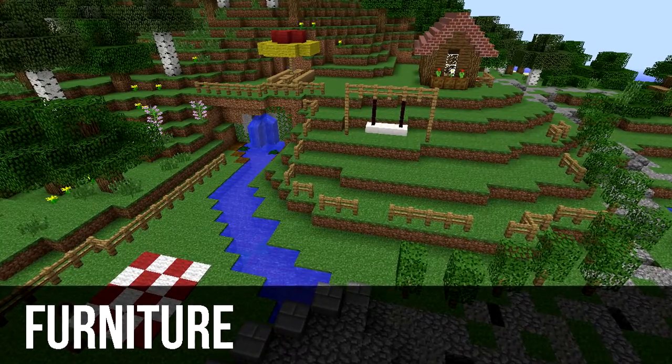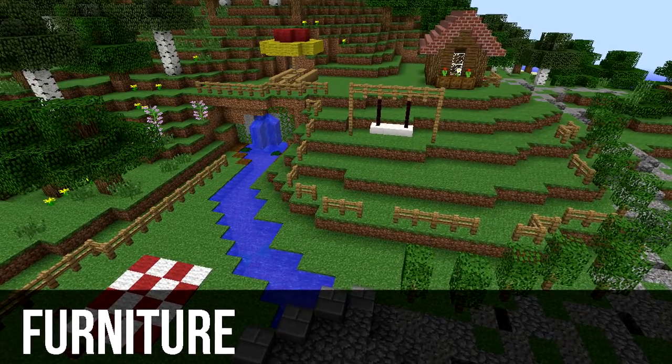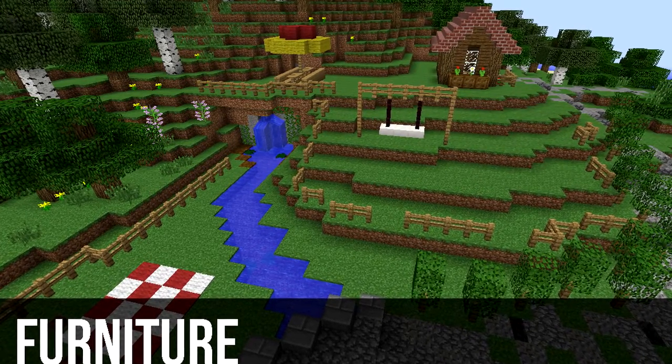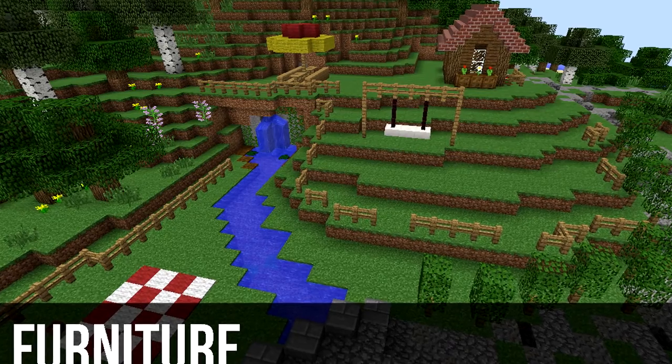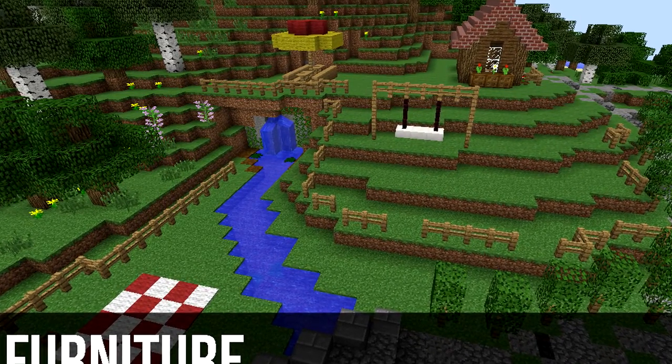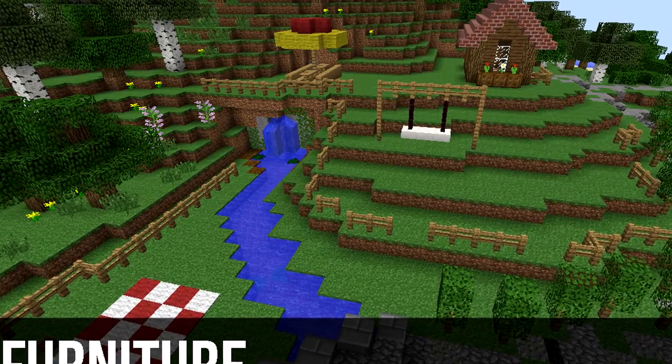Yes, there's furniture for outside too, however it's not quite the same as the furniture that we talked about in the last chapter. Outdoors furniture is generally larger and more natural. For example, we have a picnic table in the background, a swing set in the middle, and a picnic blanket